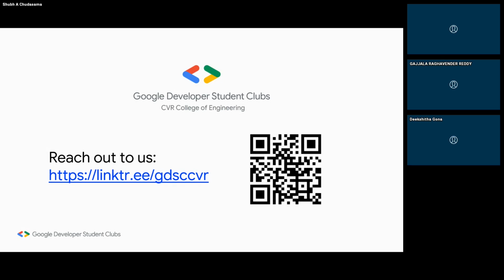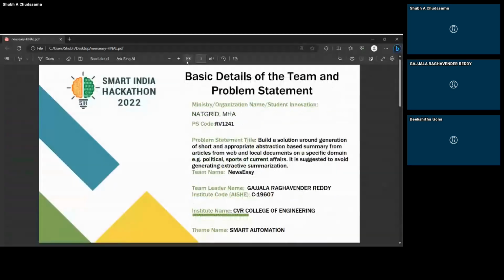Firstly, I would like to thank Raghavinder, Shubha, and Vikas for sharing their past experiences and conducting this event on such a short notice. And they have shared quite a lot of information on what is hackathon, how one should develop their skills, what are the benefits of participating in hackathons, what kind of hackathons do actually exist, and Raghav especially spoke on Smart India Hackathon, its procedure, and his experiences.